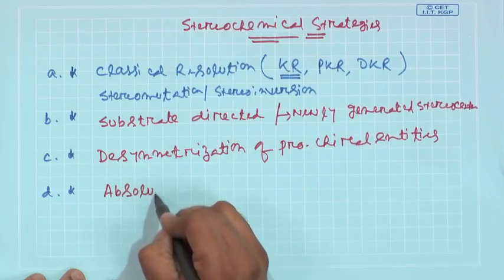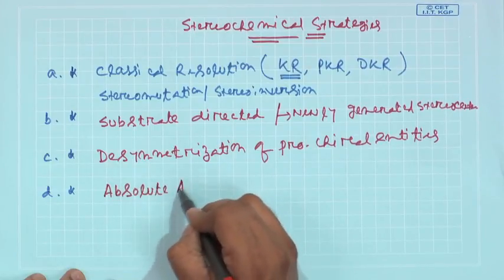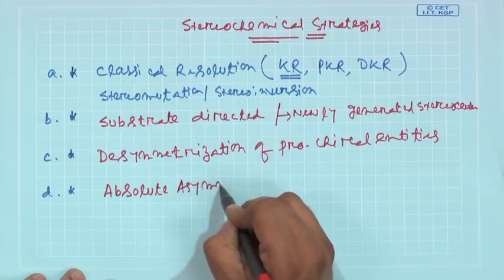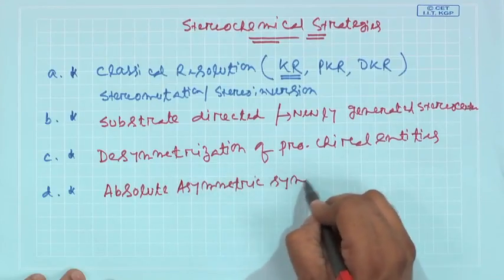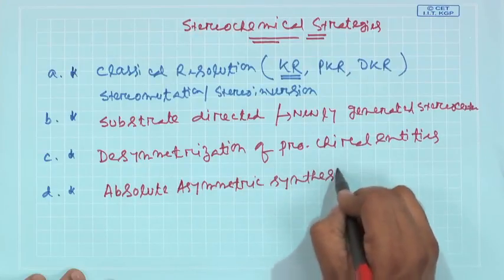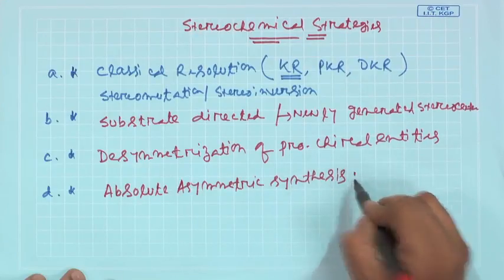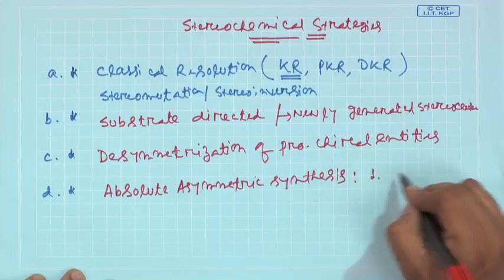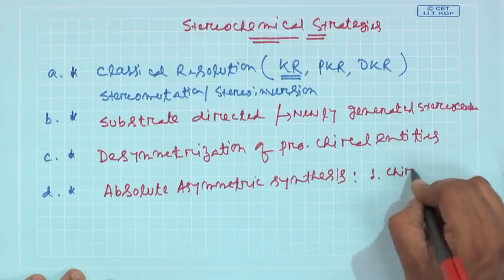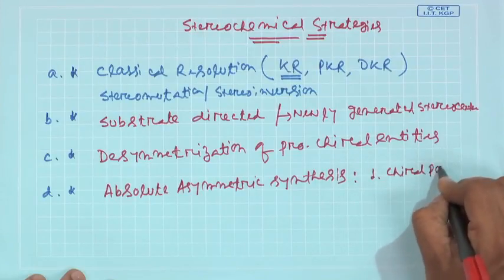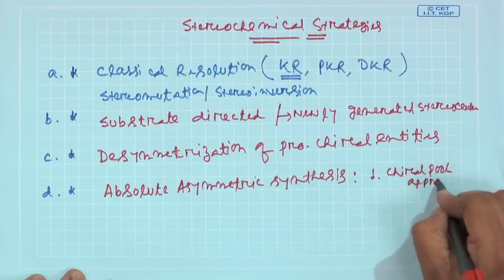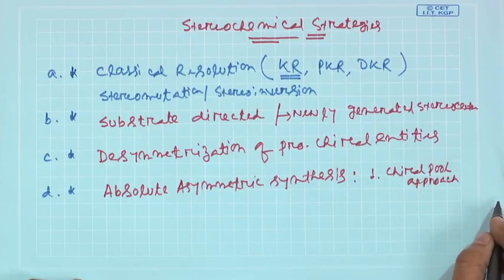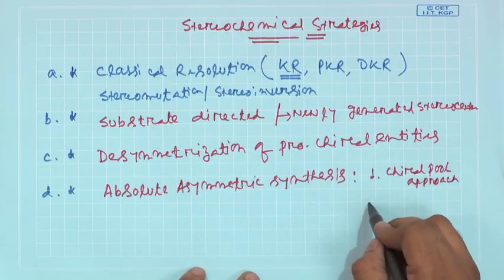And the final thing is what I call absolute asymmetric synthesis. This fourth point is the most important or most challenging one, and it is again classified into two different parts. One is the chiral pool approach. We will explain what the chiral pool approach is a little bit, but we won't go very deep. The second one is